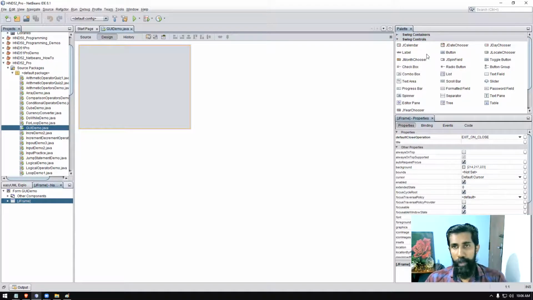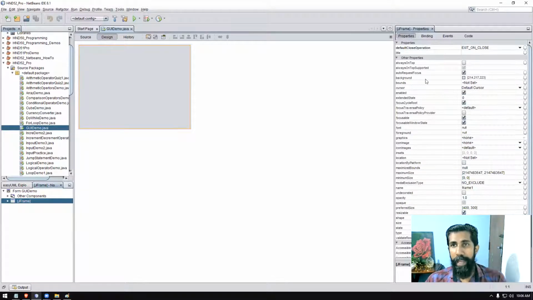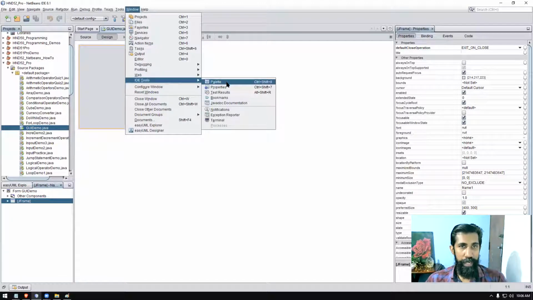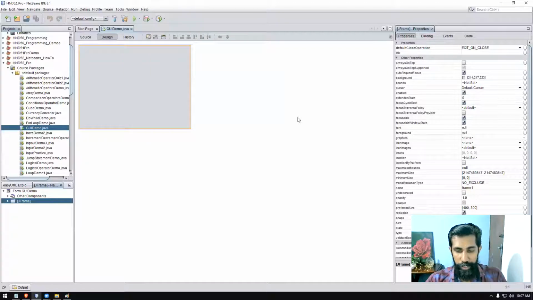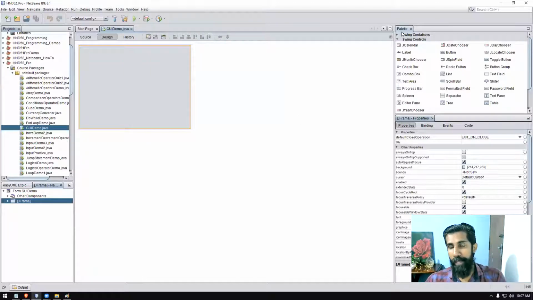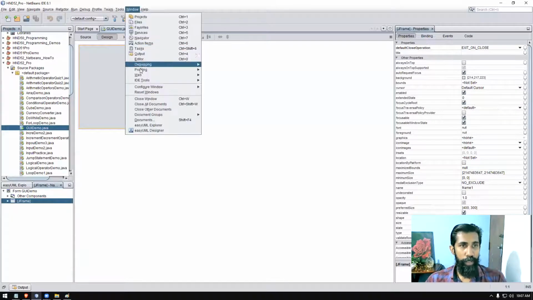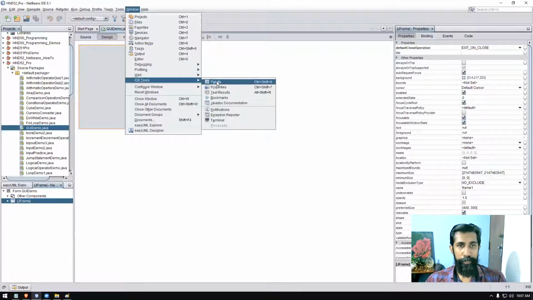Now, if you happen to not have that palette there, you can simply open your window and go to IDE controls, window, IDE controls, and palette. The shortcut key for that is Control Shift 8. If you don't have that, Control Shift 8 will open the palette, right? So if you know the shortcut keys, it's much easier. Or if you are just opening from window, that's also possible. Window, IDE tools, palette, right?